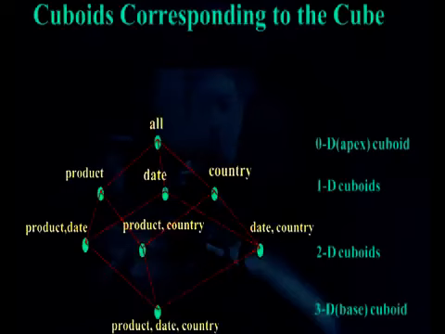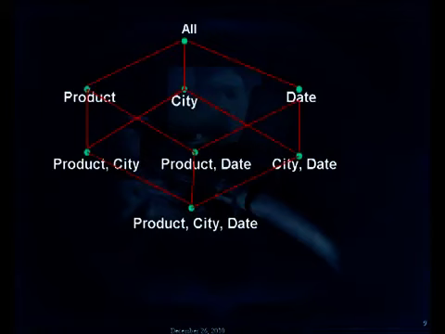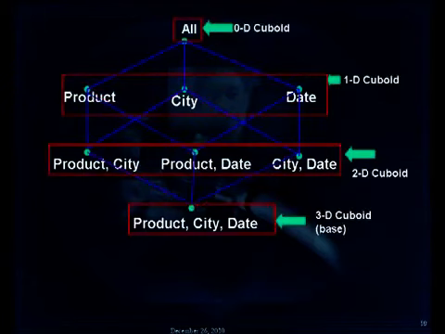The slide shows the different kinds of computations with respect to the 3 dimensions, namely product, date, and country. That means we have combined the computations across the combinations of these dimensions. This diagram is an integration of the different kinds of computations over the combinations of these 3 dimensions. Each combination is nothing but a particular category of cuboid. Here there are 4 different types of cuboids: the 0-dimensional cuboid, which is the apex cuboid and gives the grand sales, and the base cuboid, which gives the sales of each product on each date for each country. Between these 2 aggregations, we have different kinds of computations.